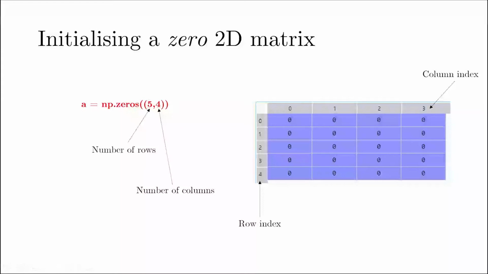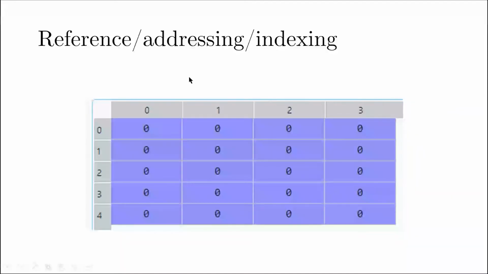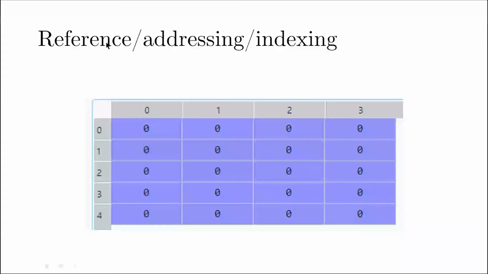So now, to look at it a little bit further, I'm going to talk about addressing or referencing or indexing. I'm just trying to make you understand how you would call a particular element in your 2D matrix, or what the addresses or indexes of these 2D matrices are. This is very similar to what the row index and column index comprise. Let us look at the first element, the top left element. We know that it has a row index of 0 and a column index of 0, and therefore its index is simply 0, 0.